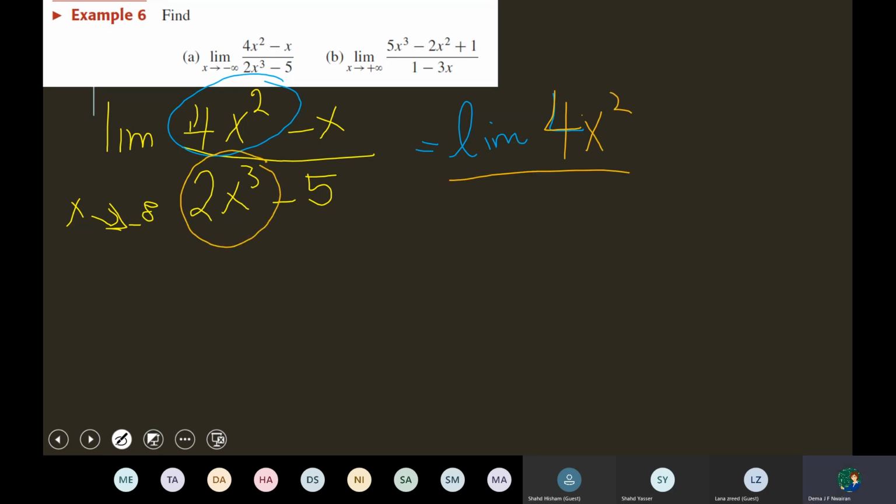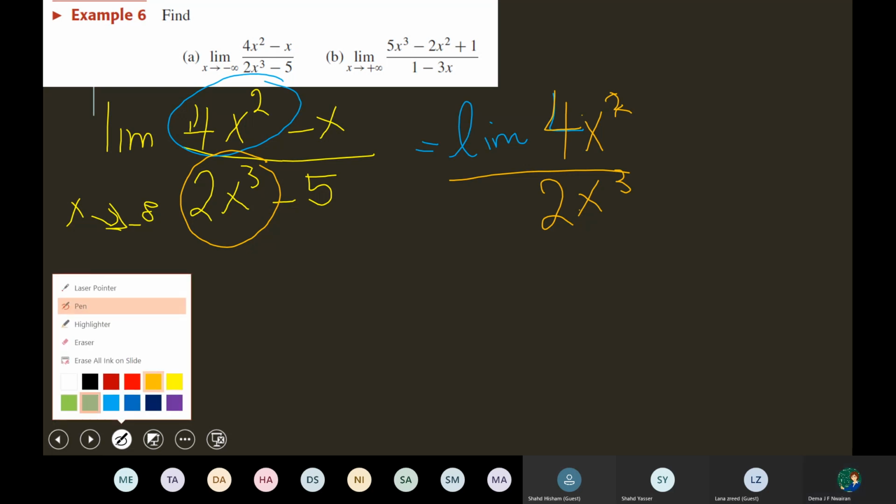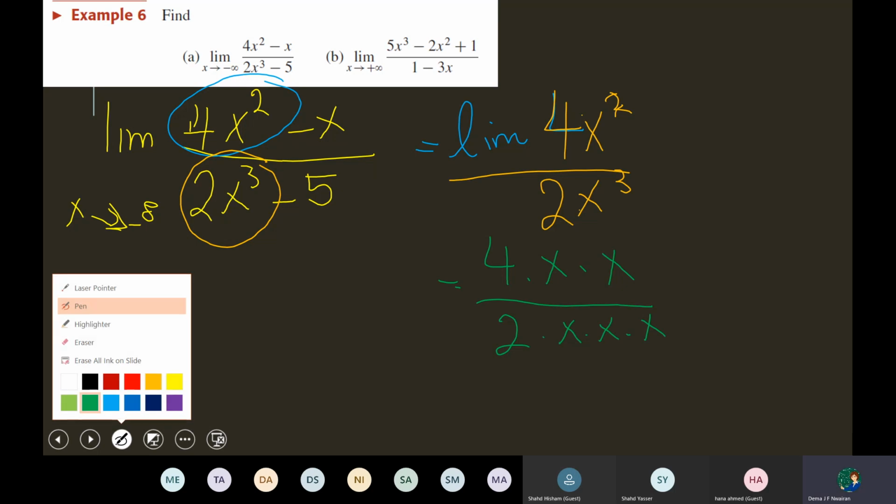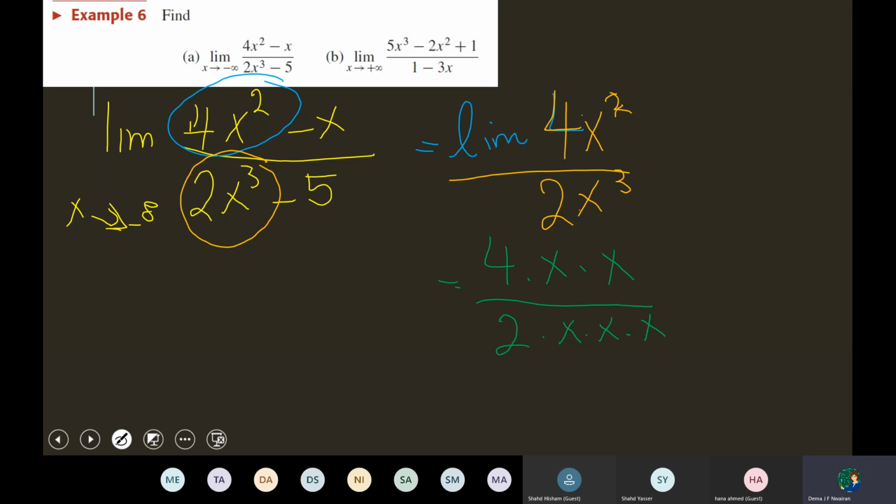And what is the highest power in the denominator? It is also 2x cubed. Is it right? Yes, teacher. Then after that, the 4x squared is like 4 times x times x. And down, I have 2 times x times x times x. Then, let's simplify them. So I have 2